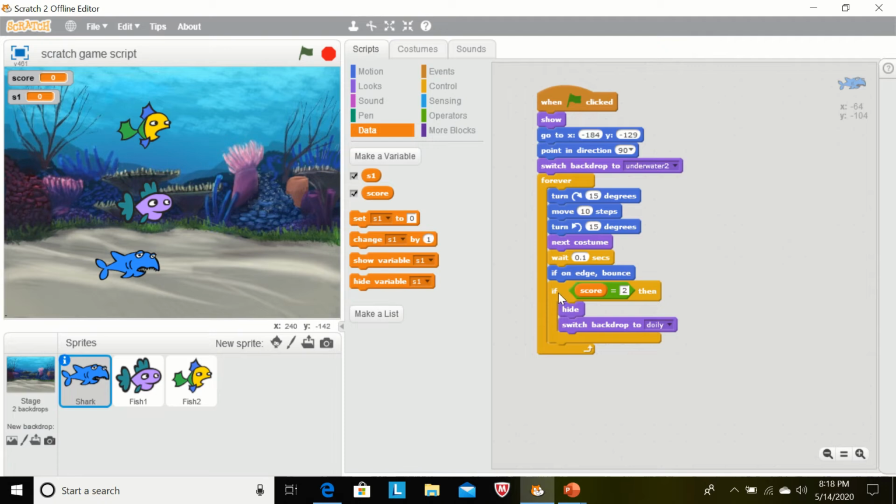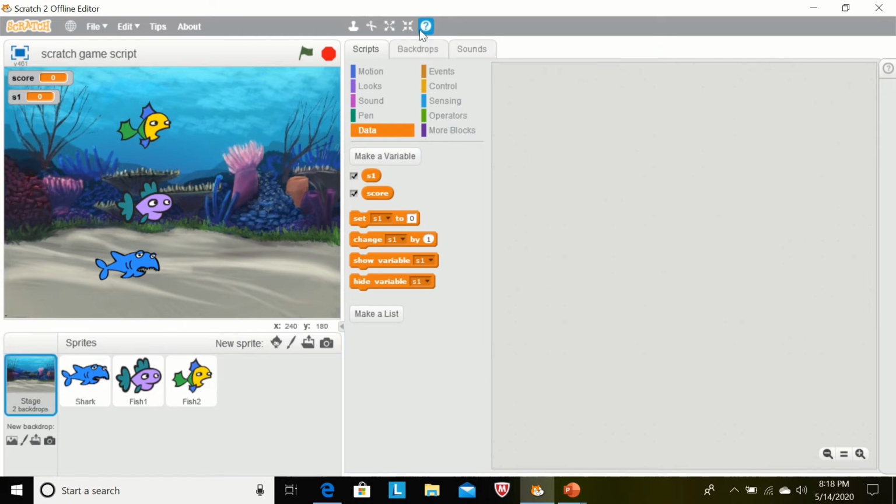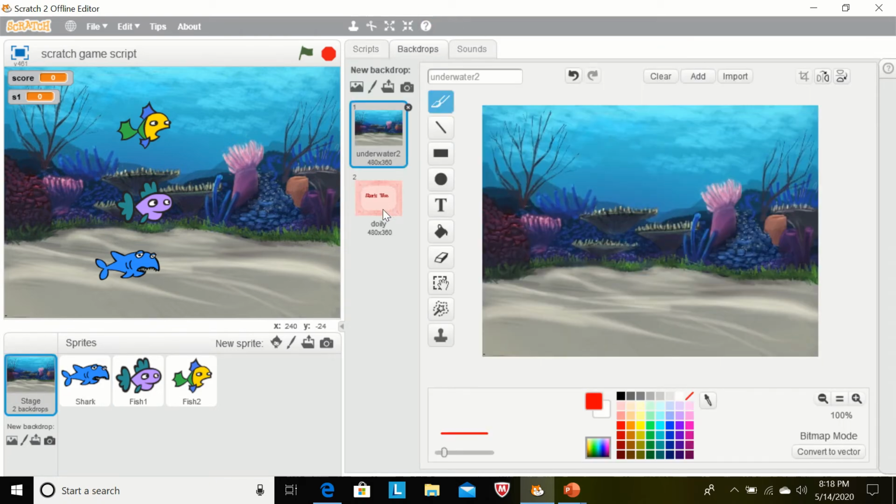Now the condition is, if score is 2, then hide. If score is 2, then the shark will hide and switch backdrop to doily. Now we see the second backdrop. If the score is 2, then this background will be displayed.